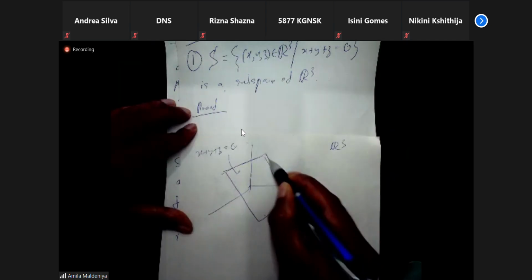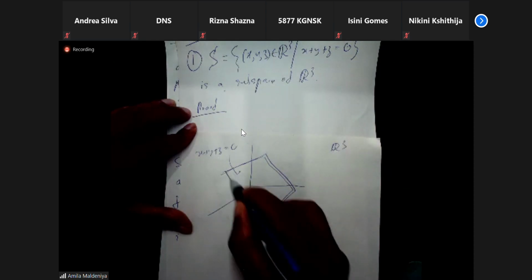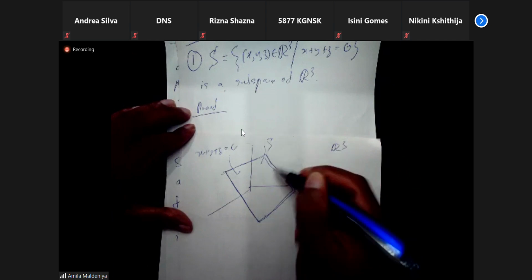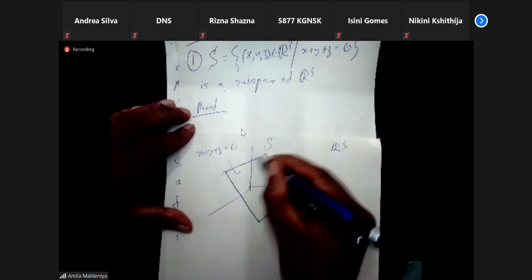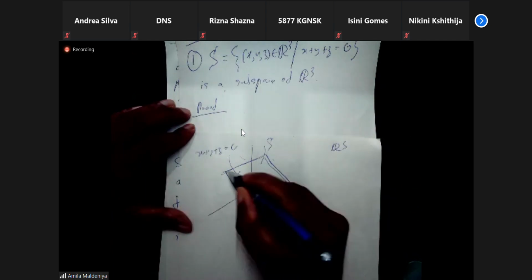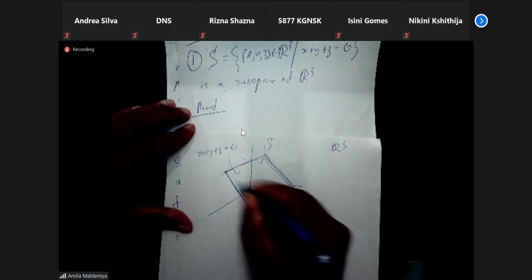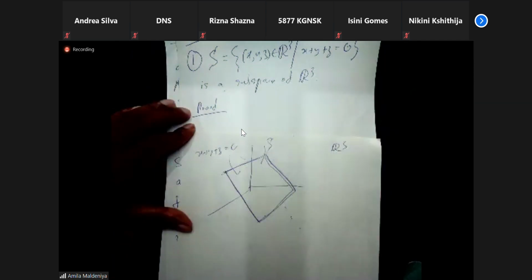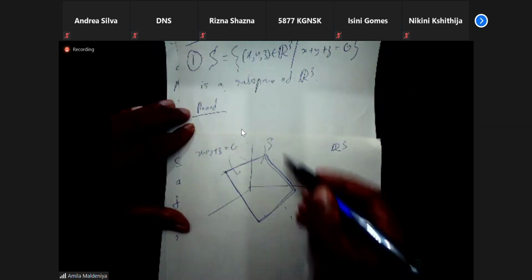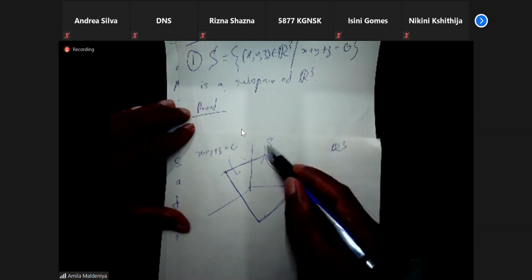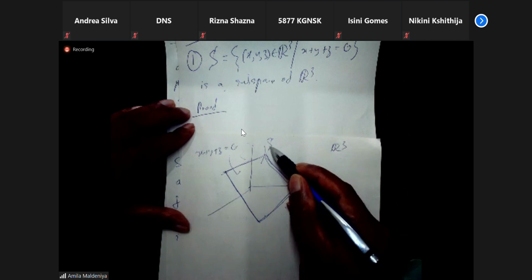Now we want to say this plane, okay, this is S. So this plane, I mean, it's not limited to here. It goes this way and it goes this way. It does not have a finite frame. It's a plane, you can imagine. Now we want to prove S is a subspace of R3. In other words, S also forms a vector space.